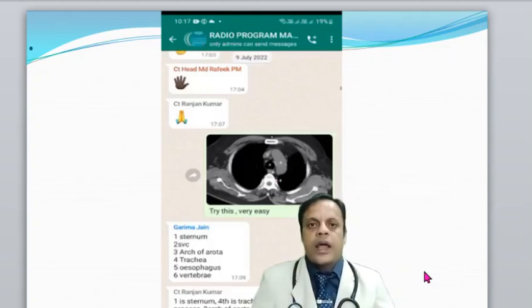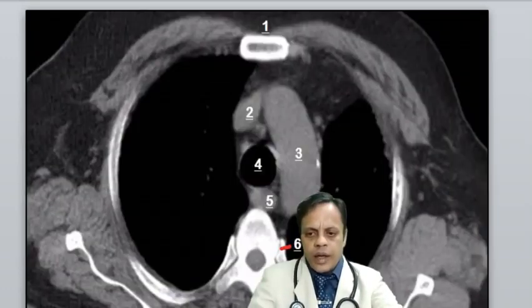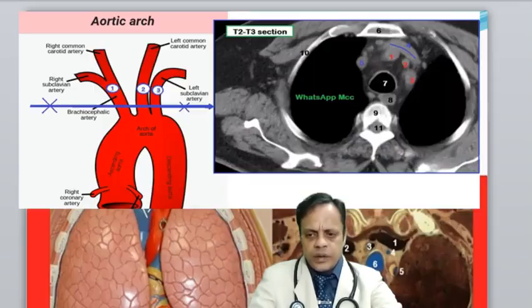I will cut the slices and give them to you in various different designs, and ask you what the various parts are. Just like this, I will post and ask what this is, along with the cadaveric section. Okay, I will teach the cadaveric section, and here you can see, I will ask you what